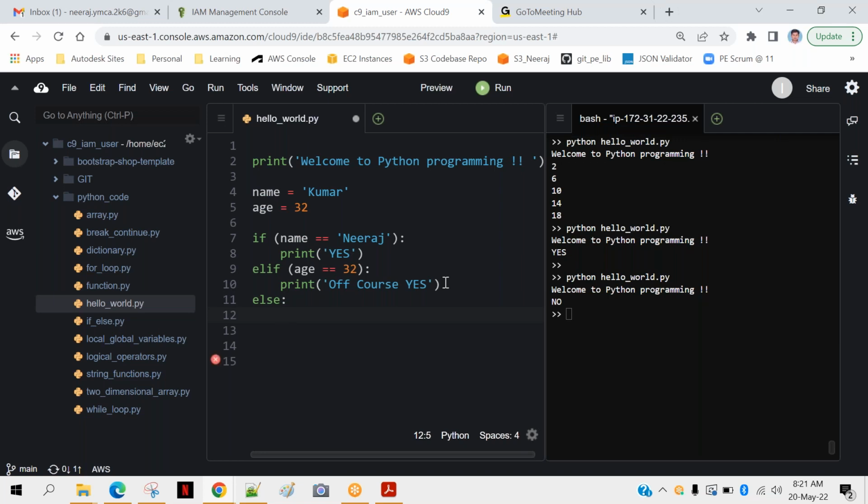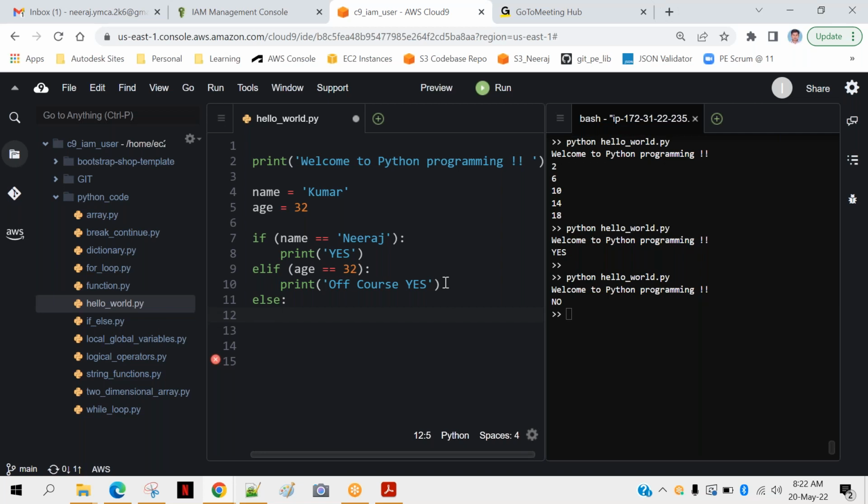For example, you want to find a criteria for a particular employee for the promotion. For example, one criteria may be what is total experience. Second criteria is what is total tenure in this company. Third can be some other, like certification, or there can be something, right? So you check multiple conditions. If this condition is true, then you will promote. If this condition is true, will promote. If this condition is true, will promote. And finally, after checking all the conditions, there can be some else condition like not eligible for promotion or something,